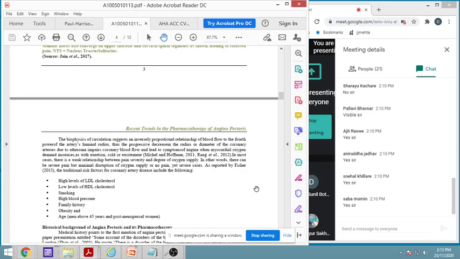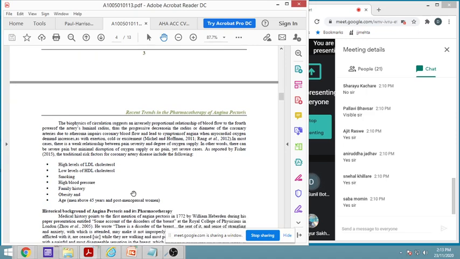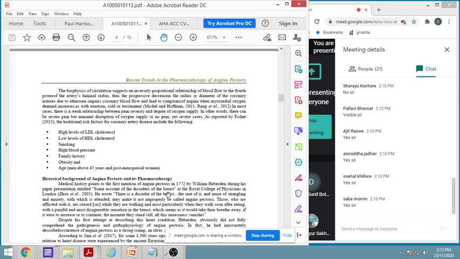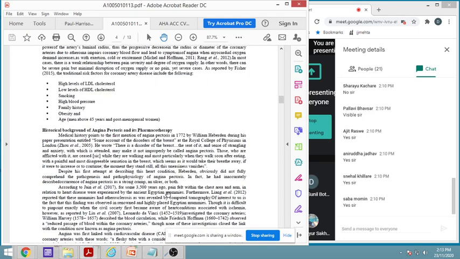Now, what are the risk factors associated with it? These are high levels of LDL, low levels of HDL cholesterol, smoking, high blood pressure, family history, obesity, and particularly men above the age of 45 years, and women after menopause, that is even 45 years. They are prone to angina. So there are many